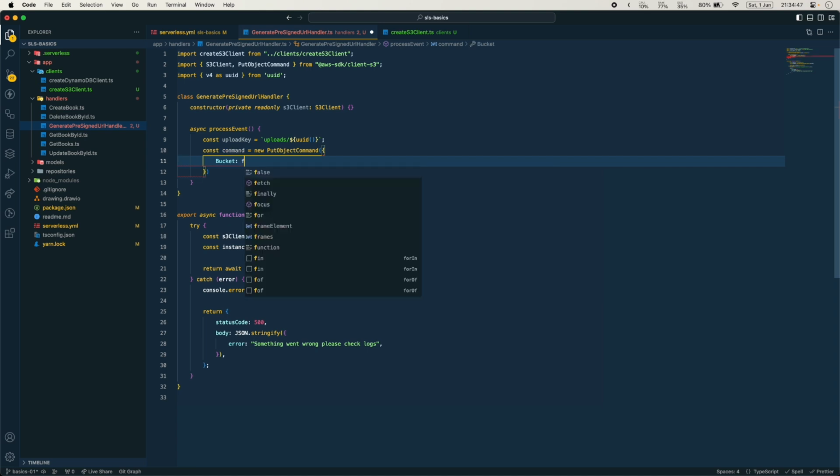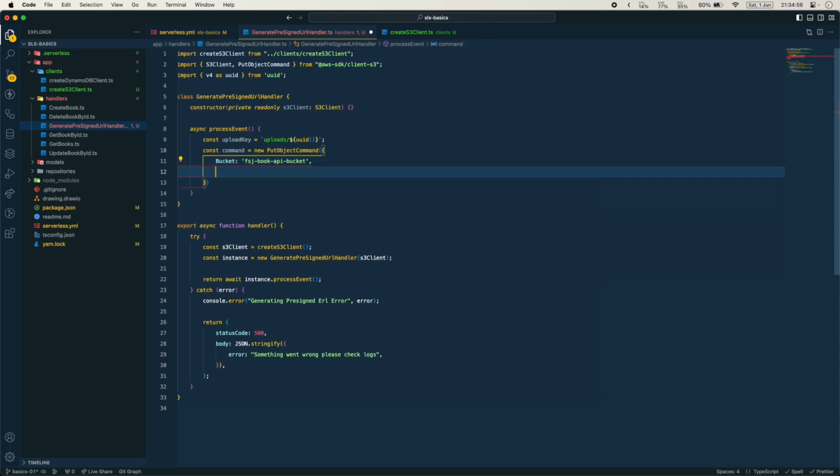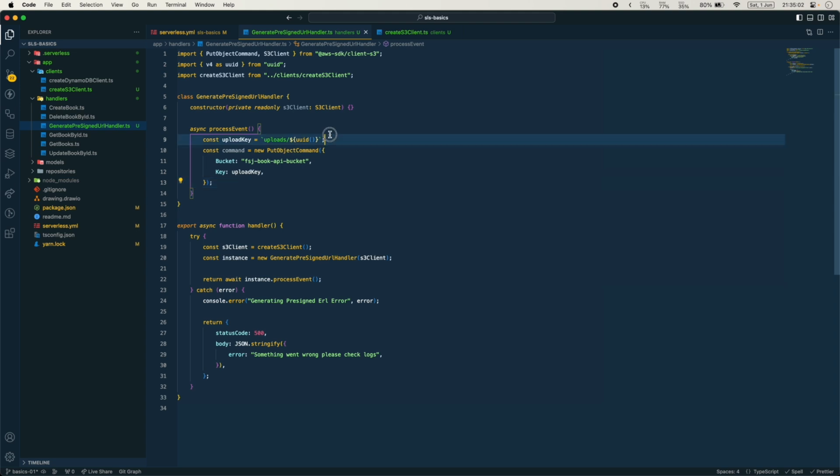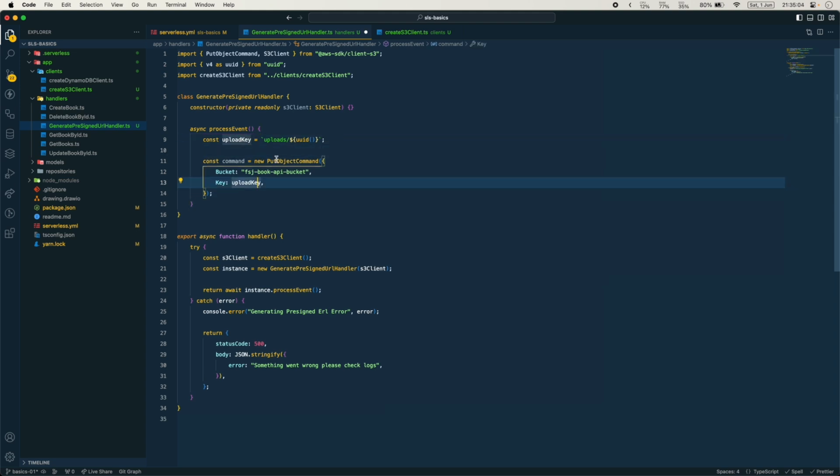So we called this bucket FSJ book API bucket, and then the key is this upload key that we've just created. So that's basically it, right? This is as simple as it is. We need to do a put to this bucket with this key, and if we provide